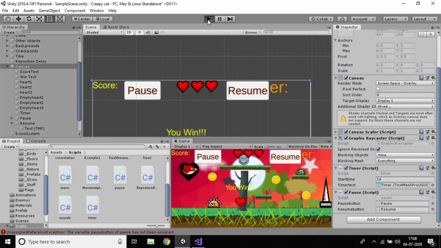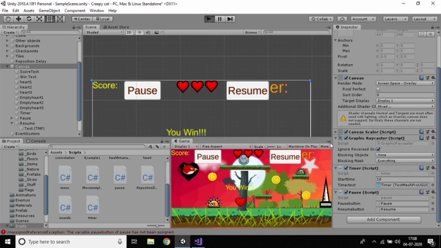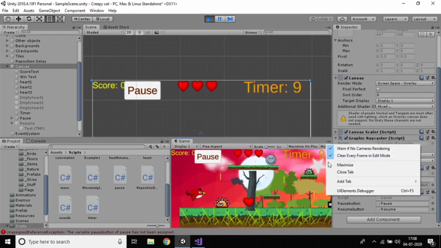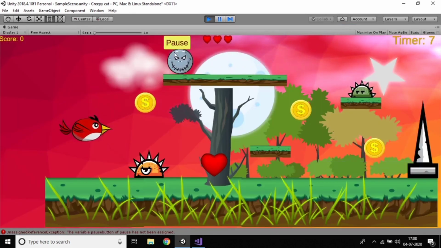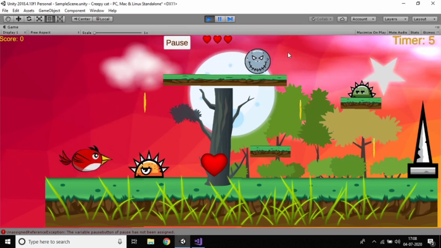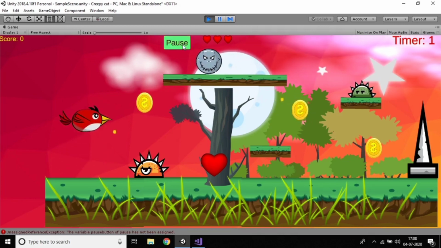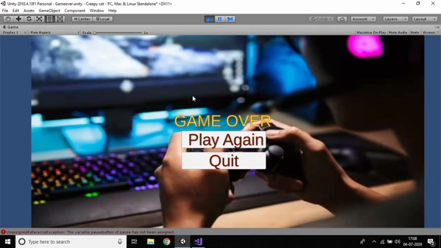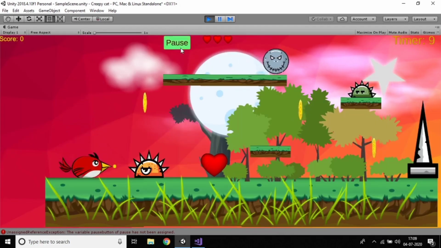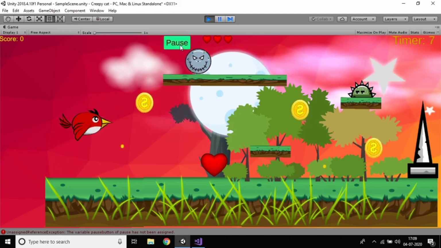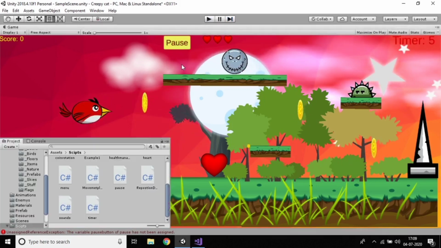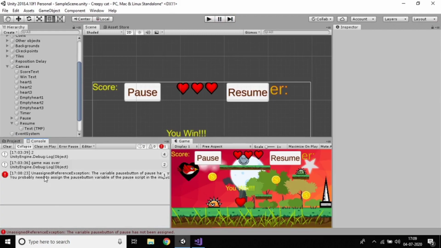We added them. Now you can check here, you can play, and I'll maximize. You can see pause works. Yes, my resume was unchecked because I gave false. So just pause. Play game. Just pause. It's saying the pause button variable has a null exception.